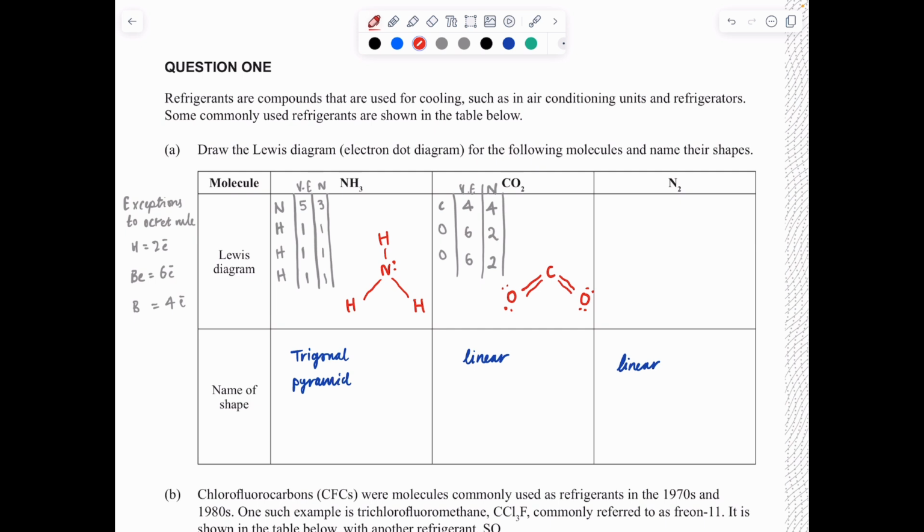Okay, the last Lewis diagram that we have to deal with is N2. So again, let's draw a table for this. It's just got nitrogen and there's 2 of them. Valence electrons. Nitrogen is in group 15, so we know that it has 5 valence electrons. How much does it need to have a full outer shell? It needs 3 more to have that full octet. So which one's the neediest atom? Well, they're both the same atom, so we don't have to decide which one's going to go in the middle. We just simply draw them